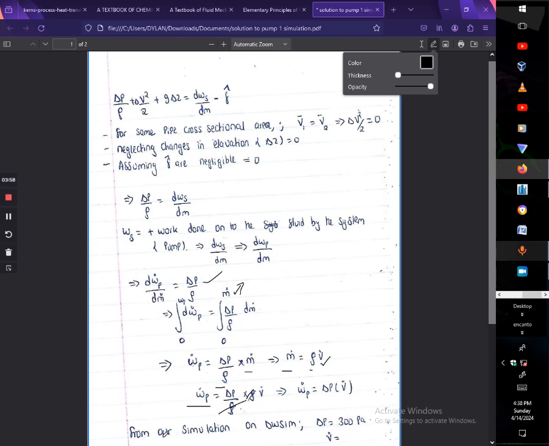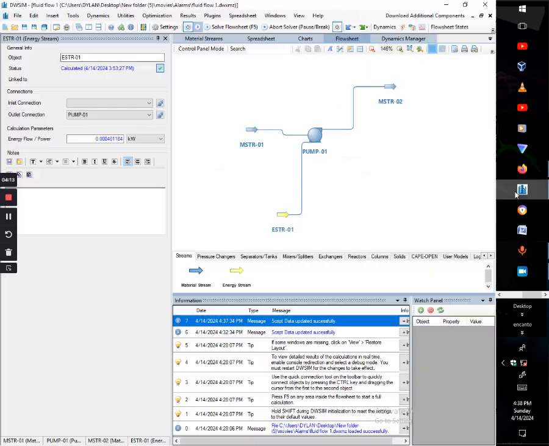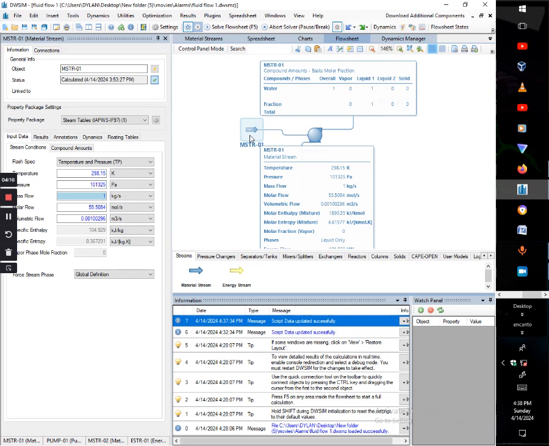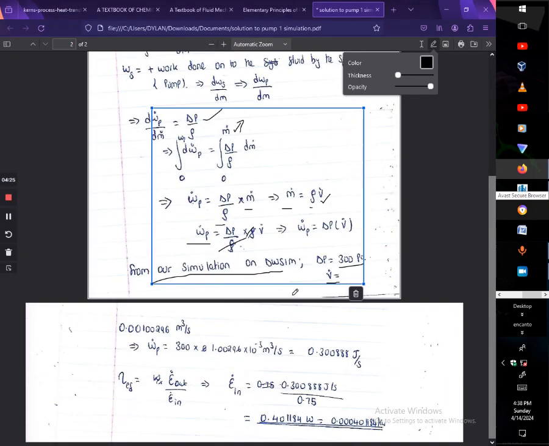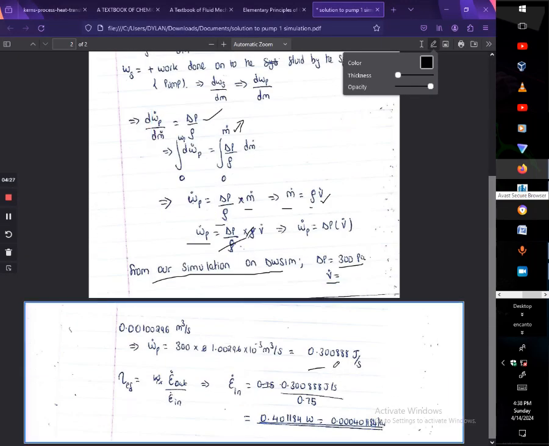Now we substitute the values. From our simulation, the increase in pressure was 300 kilopascals, and our volumetric flow rate, as you can see, was about 0.00102996 meters cubed per second. So we substitute the value. On the next page we multiply by 300, and we have the energy needed to be